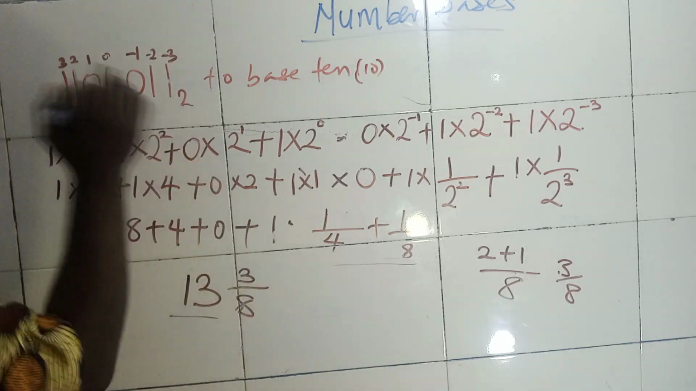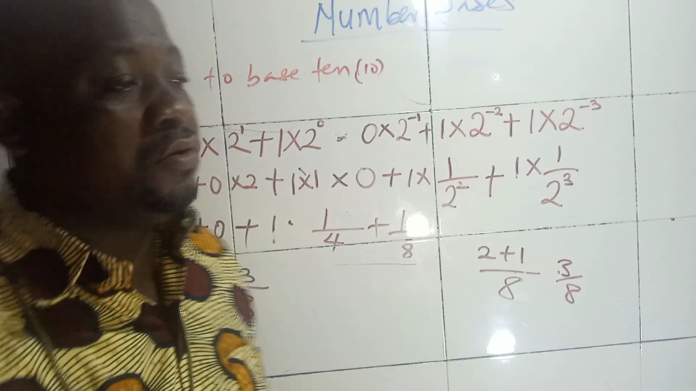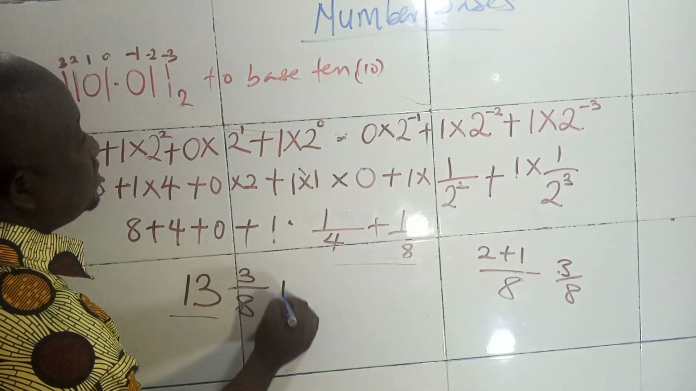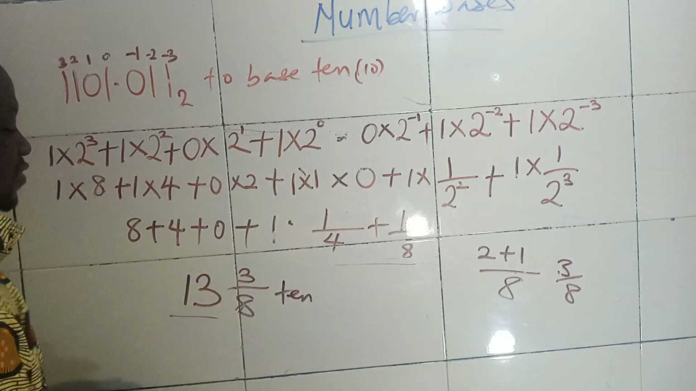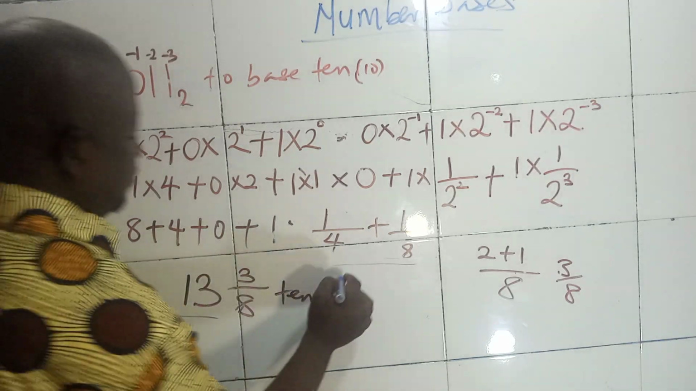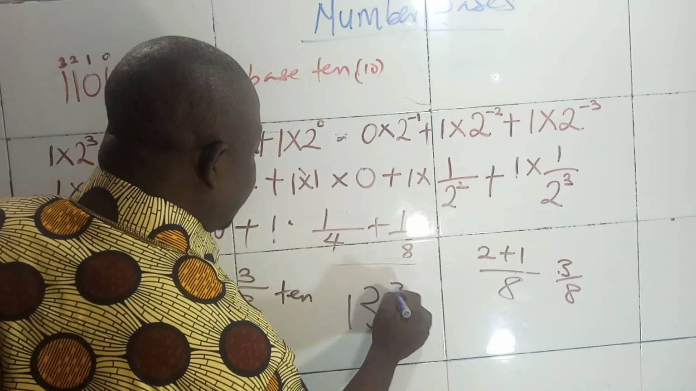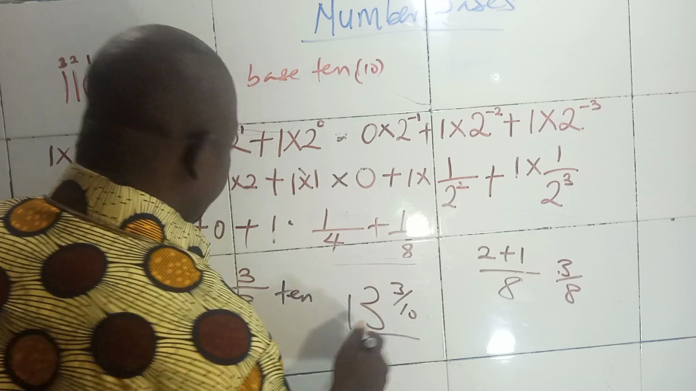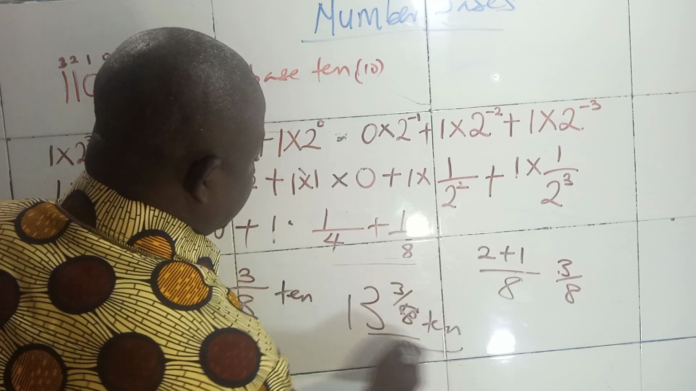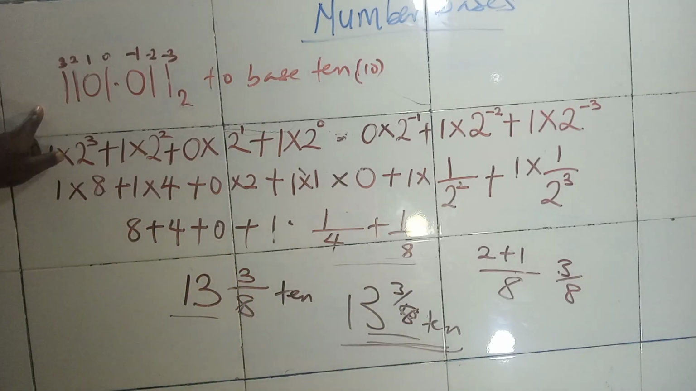So you can re-express this fraction. This one will now be in base 10: 13 whole number, 3 over 8 in base 10. So this is now the answer. So you can lay your hands on any other